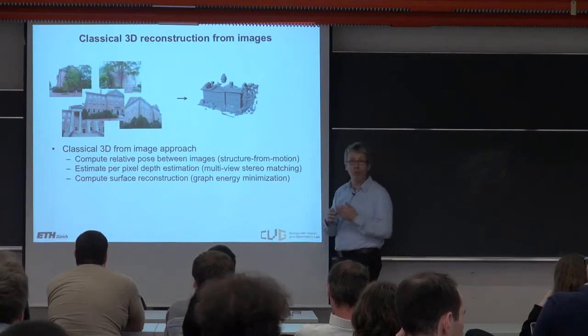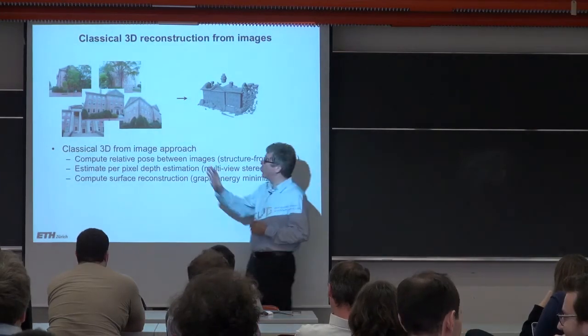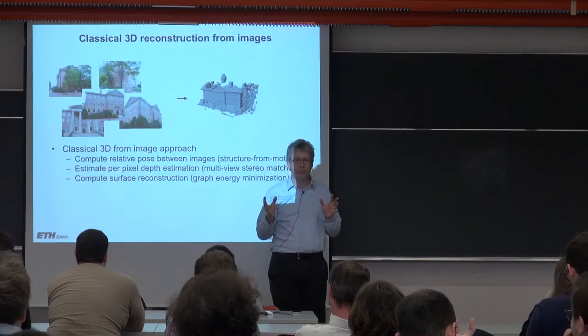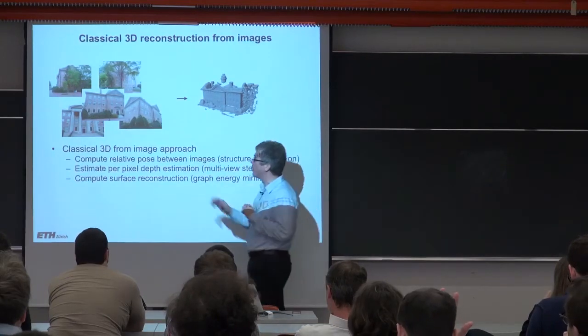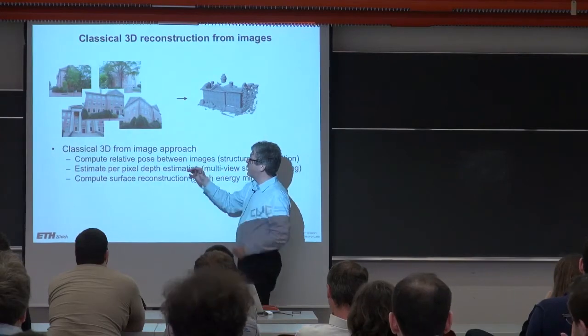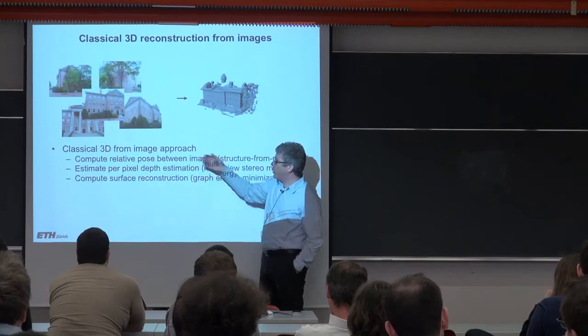So essentially, to get back to the work I present today, the general problem is we have a number of images of a scene. They can be taken by a platform that moves and so on. Here is just a collection of pictures of a scene. And then from that, in a number of stages, here's the classical approach in computer vision, would be to first,